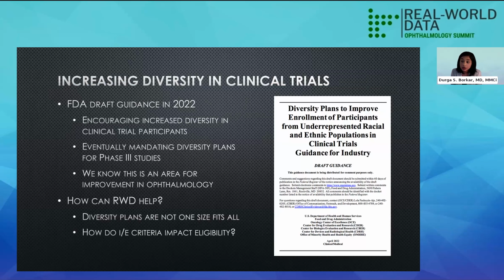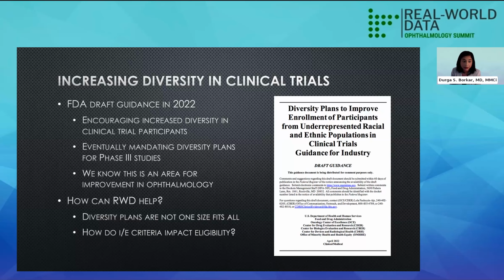I think this is particularly relevant now as we think about, for example, how to increase diversity in clinical trials. There was recently an FDA draft guidance about increasing diversity in clinical trial participants. And we know that this is an area for improvement in ophthalmology. There have been various studies looking at clinical trial participation of minority populations in glaucoma studies and diabetic macular edema studies. So the question is really, how can real-world data help? Because we know that diversity plans are not one size fits all. You don't expect the same patient population in a geographic atrophy trial that you would expect in an open angle